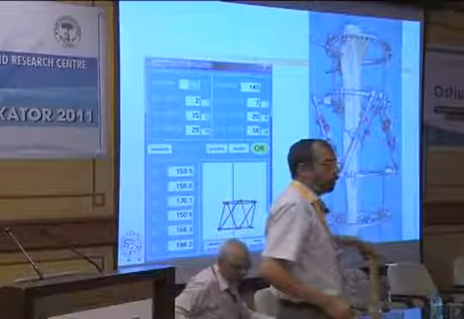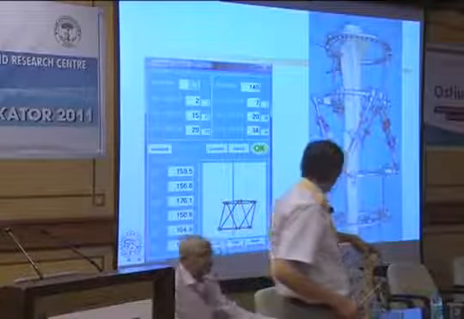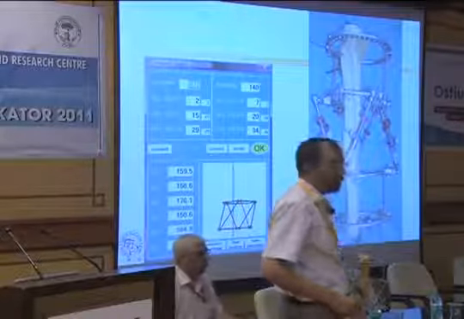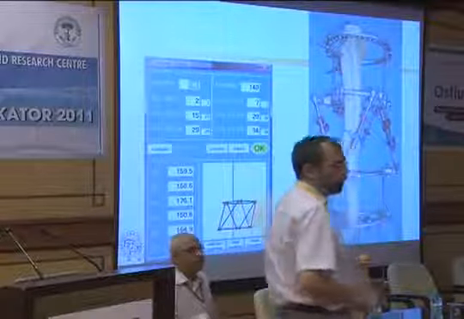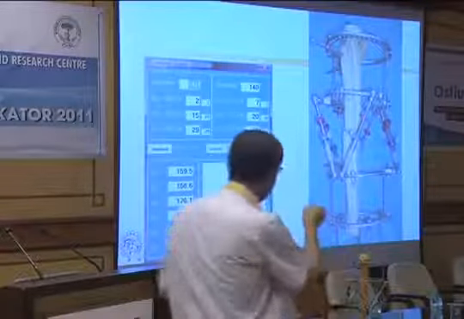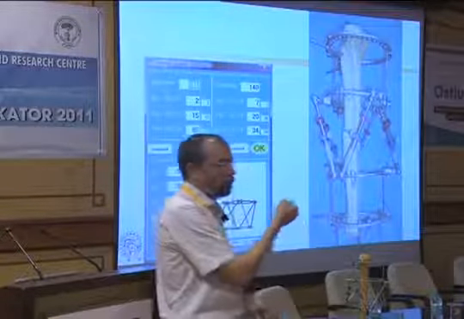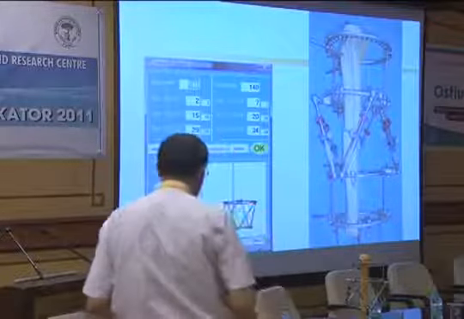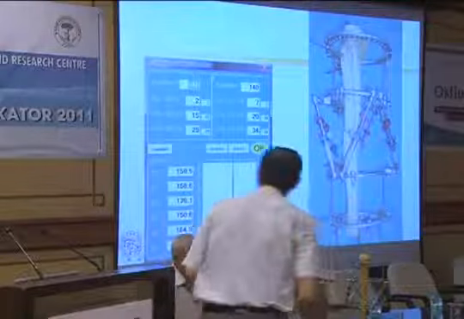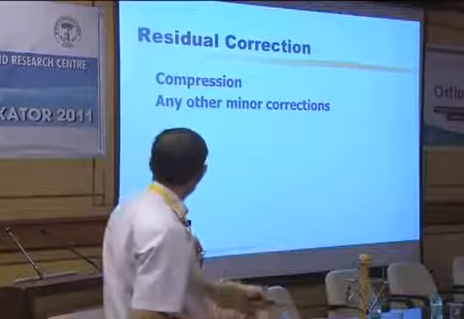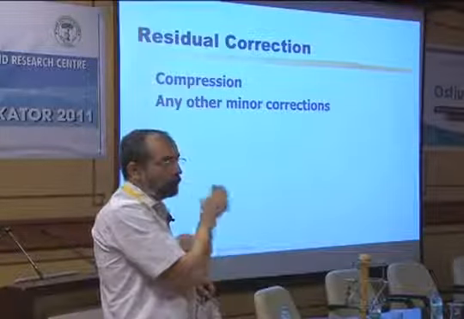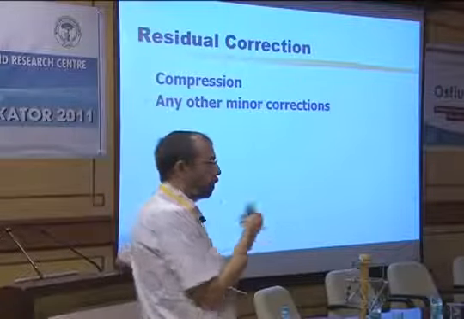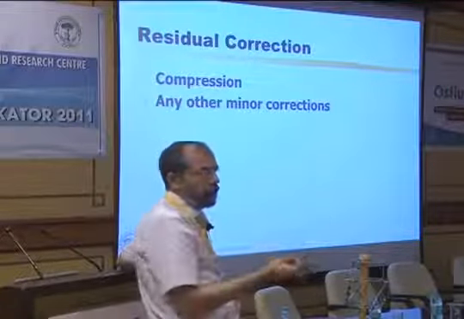Okay, so on the AP, that's how it would look, and on the lateral, that's how it would look. And now all you need to do is measure how much compression is required, and do that, which is about 2 or 3 millimeters. Right? So sometimes even during the treatment, if you find that something is not going the way you want, you can always do an X-ray and treat that as a deformity.